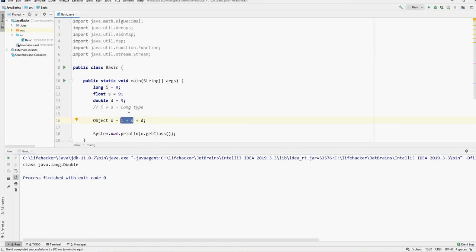Then the resulting type will be promoted to a double. And then the double, we add two doubles, we have a double. So what the compiler will do will convert this i, make it a float and add two floats to get a float. And then the float plus a double, this resulting float will be promoted to a double, and the resulting type becomes